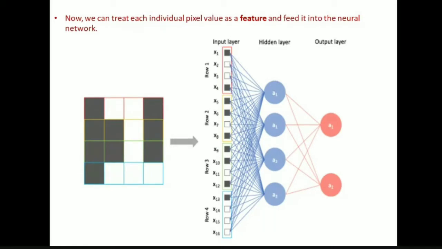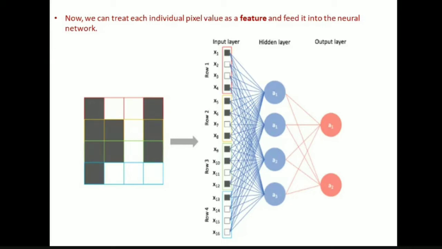Now we are giving this input, that is the handwritten input image 1. How is the feed forward neural network taking it? It is dividing it into vectors, and each and every value in that vector, each and every pixel, is being fed as an input feature to the hidden layer. So these are all the inputs, from x1 to x16, the input features which we are feeding to the hidden layer. And now the hidden layer takes all these values and gives us an output in the output layer.